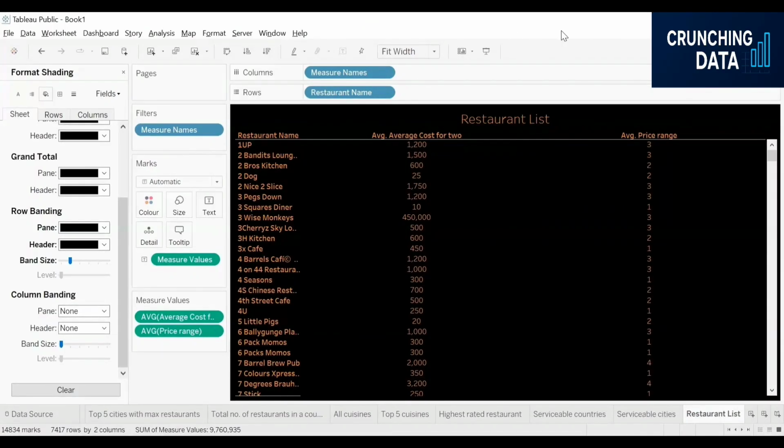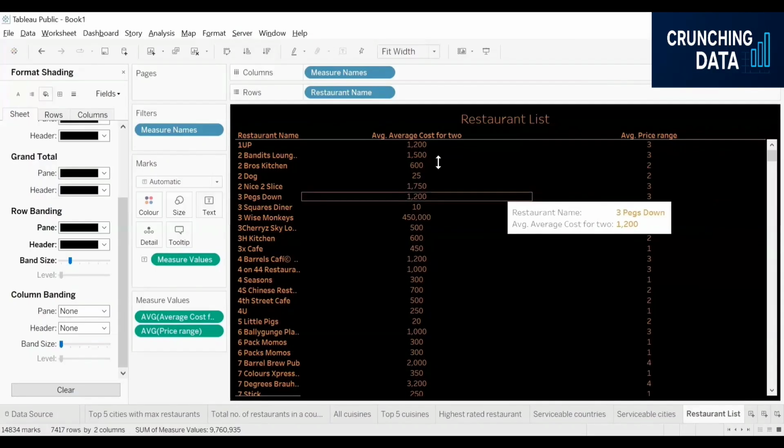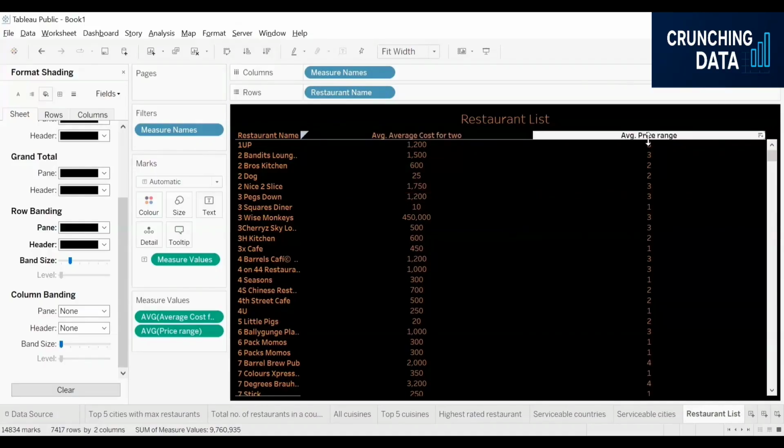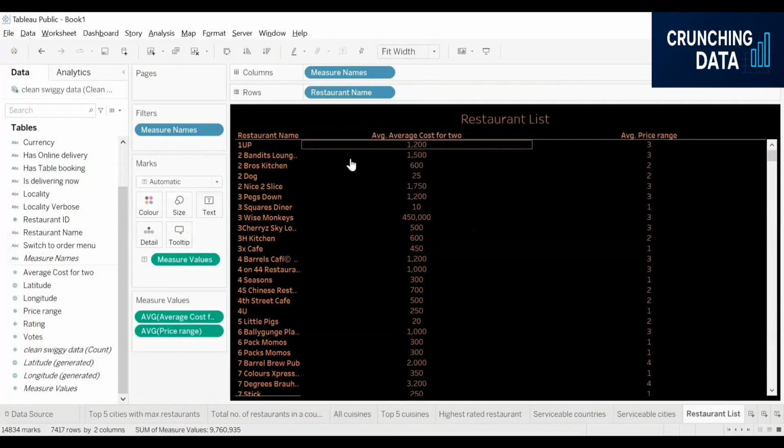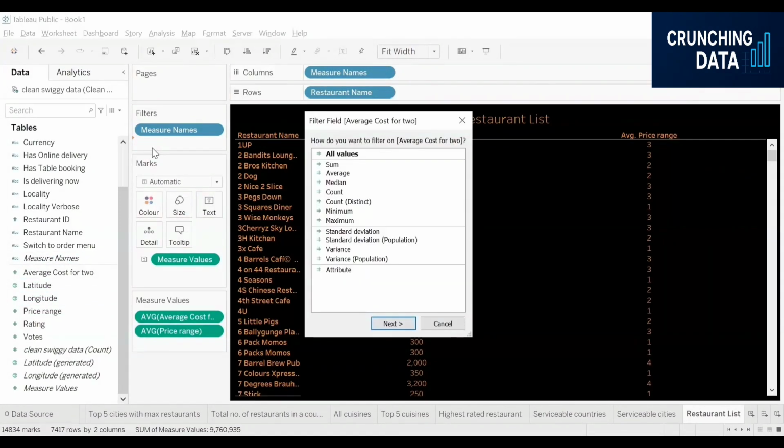Let's say if you want to add a filter over here where the user can just pull a slider and choose their average cost for two and also the average price range. For that, what you can do is, you can pick this average cost for two option and put it in the filter. We have already talked about the measure filters in our previous session, where whenever you are dragging and dropping any kind of measure in the filters, this value would be popping up